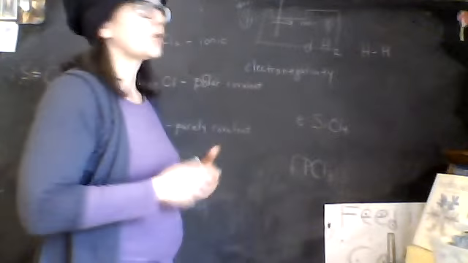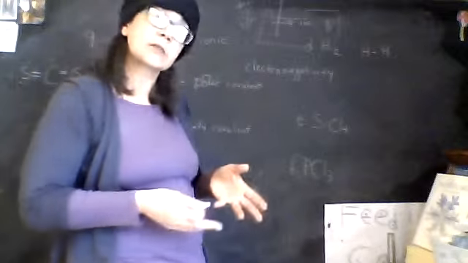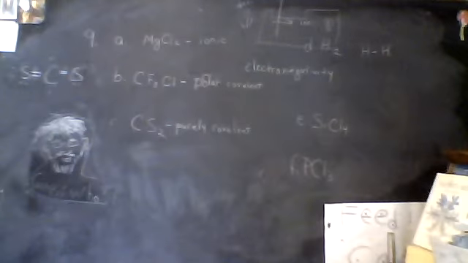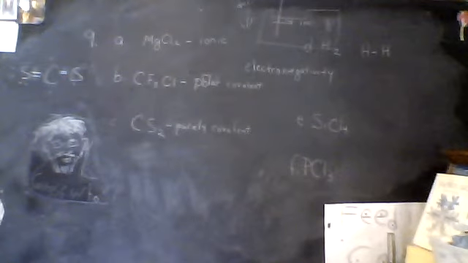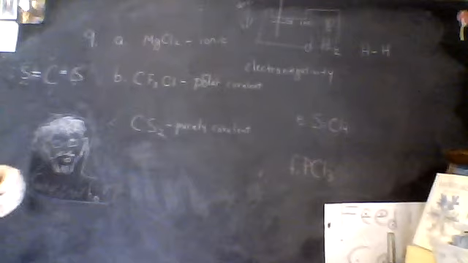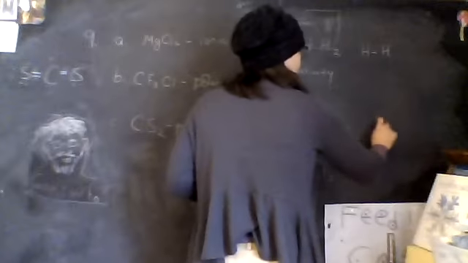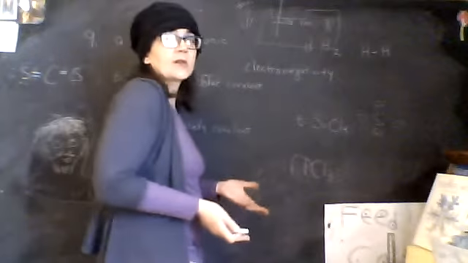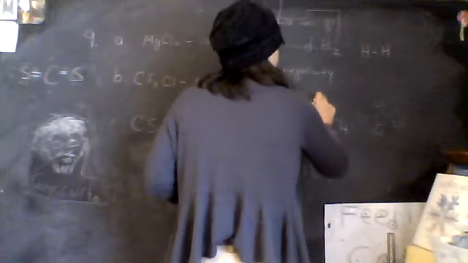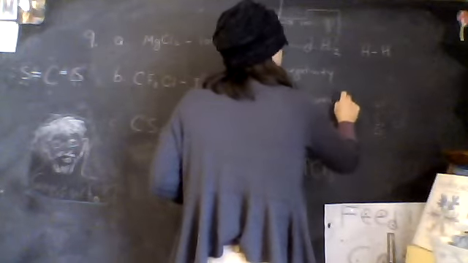Yes. Okay, letter E, SiCl4. Do we have any metals in there? No. I checked that, but no, it's not ionic. Well, since chlorine fills up all the legs, and it's all chlorine, then also purely covalent. You can see that it's going to have Cl's all around it. And they're going to pull evenly because they're all chlorine. Okay, so this is going to be purely covalent. Yes. The last one is